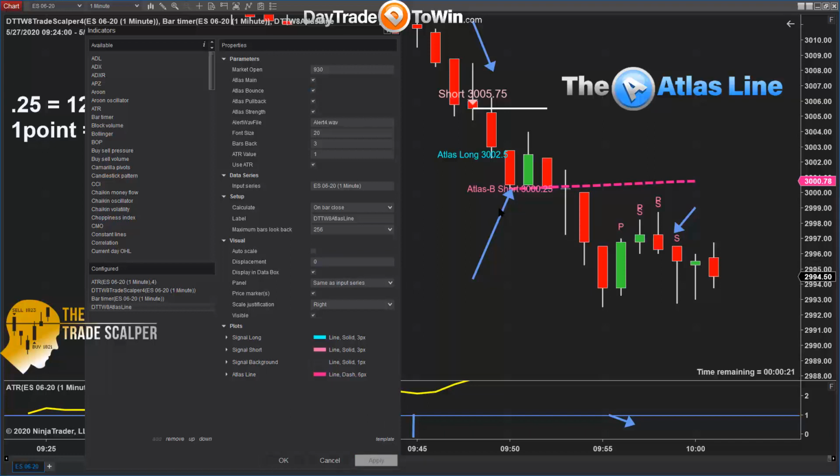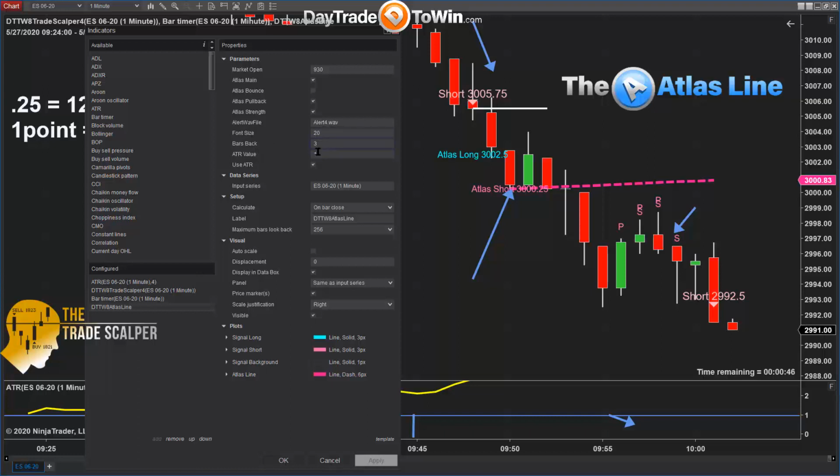And now you're going to see signals when the market bounces off of the Atlas line. So it hits the Atlas line and bounces off of it. You'll see a signal for the Atlas line bounce. The pullback trades I have turned on. The strength trades I have on. The alert file is, I'm not sure if you guys can hear the doorbell sound when it plays. Like a doorbell, right now the doorbell sound kicked in. So this is telling me to go short. And this is the trade scalper indicating to go short. Right, that signal is the trade scalper.